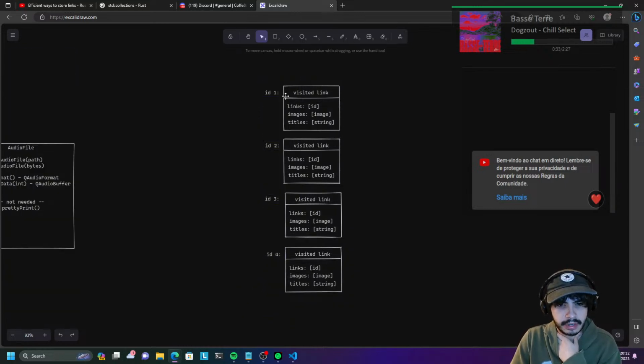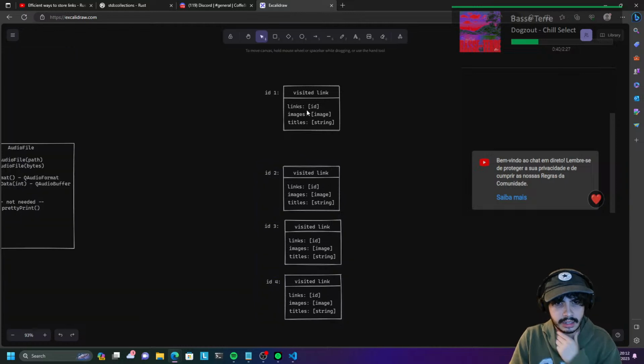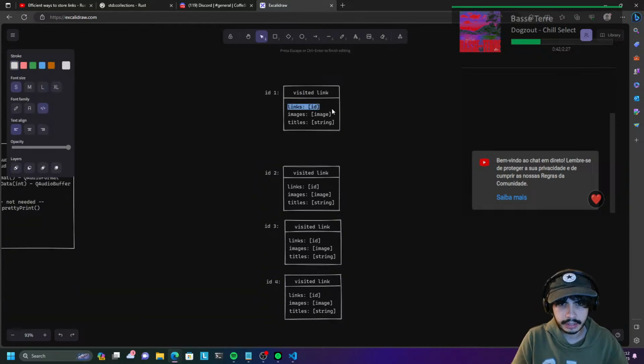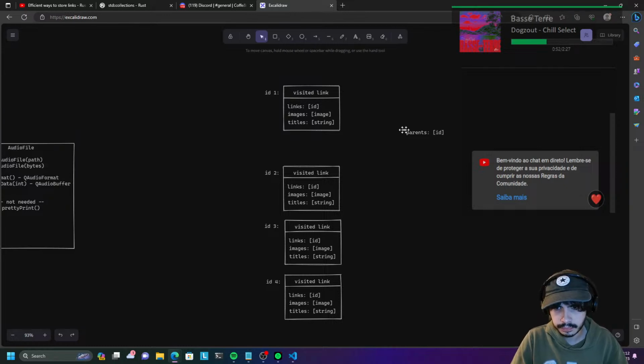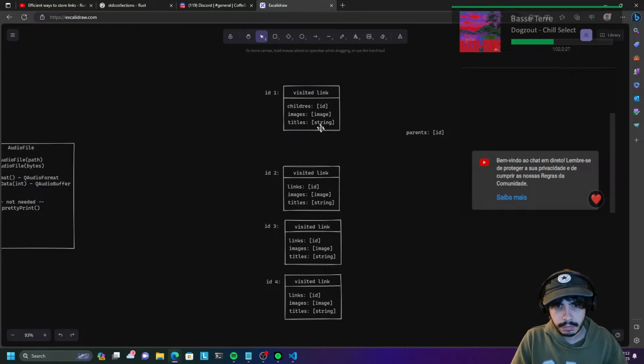One thing that I'm very tempted to do though is add another list here, which will be some sort of parents, right? So this will be a list of IDs as well. And I'm going to change the name of the links here to just children, right? So these are the links that this particular link links to. But by storing